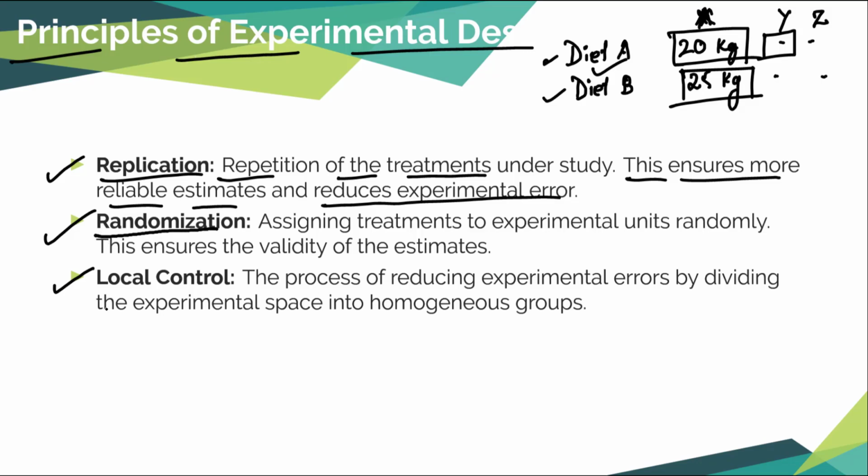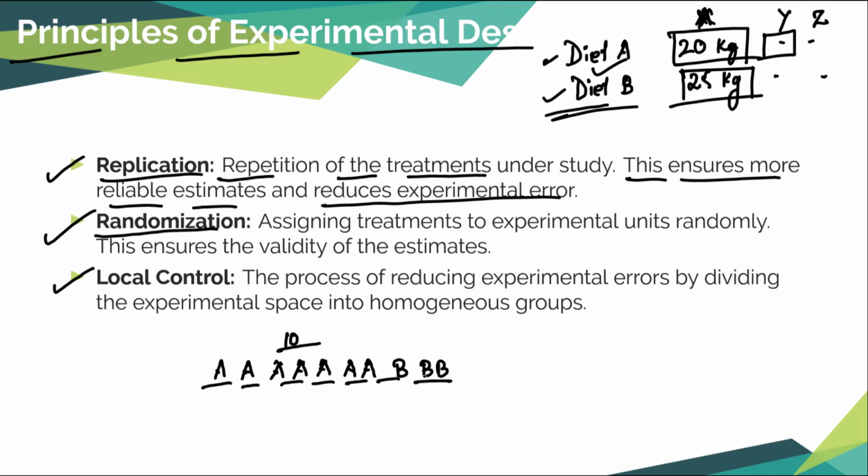principle is randomization, right? So randomization is, suppose in this example, diet A and diet B, you are giving diet A to everyone coming on a first come first served basis. That means there are 10 people in that gym, and you are giving diet A, diet A, diet A, diet A, diet A, right? And only at the end you are giving diet B. Now in this process you are not being random, right? You are not selecting people randomly, you are selecting people as per your choice.